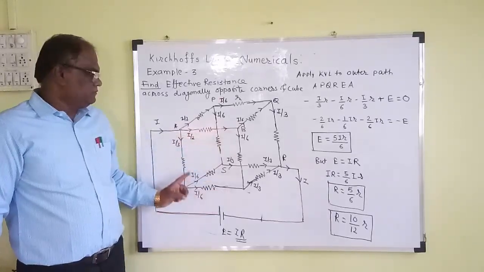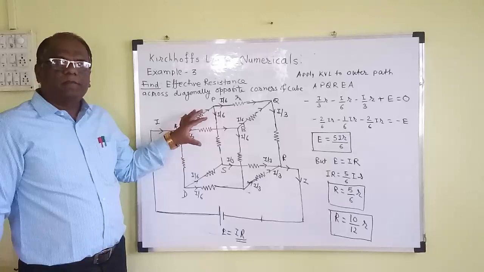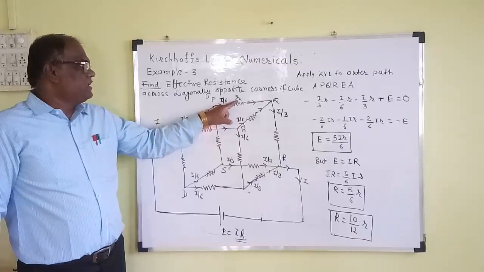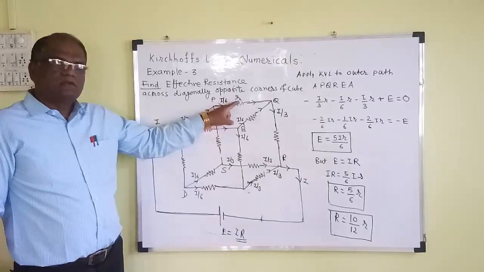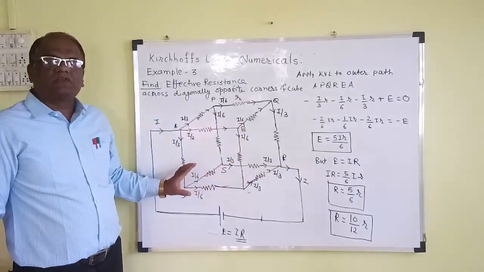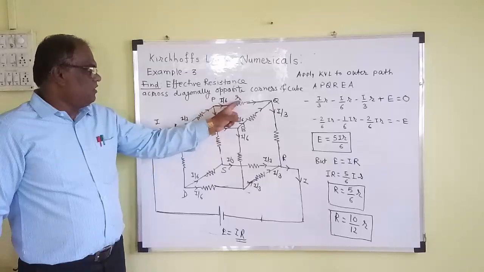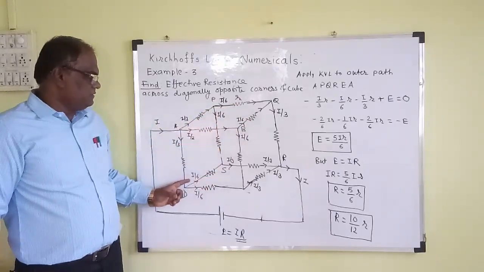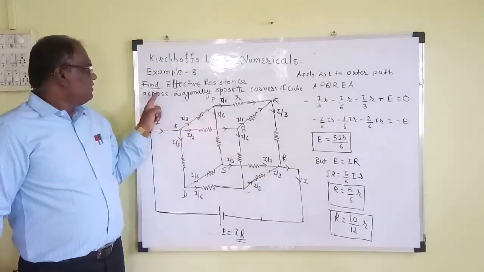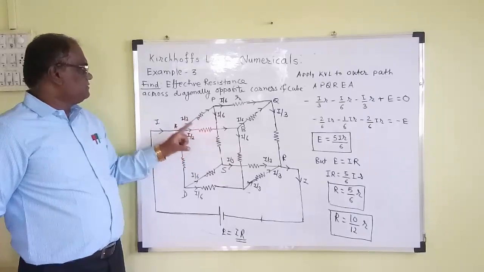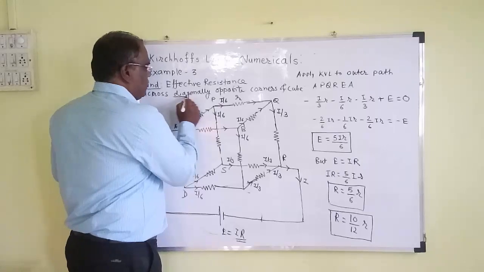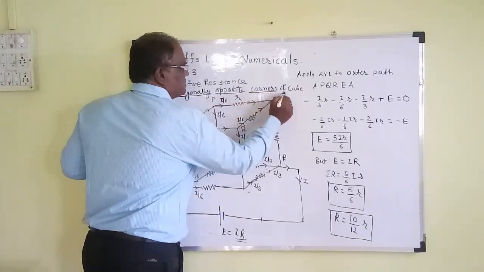This is the cube. The problem is given in such a way that 12 wires, each having resistance small r, are connected so as to form a skeleton cube. That means all these 12 wires are connected, each having resistance R. Now, the question is to find the effective resistance between diagonally opposite corners of the cube.